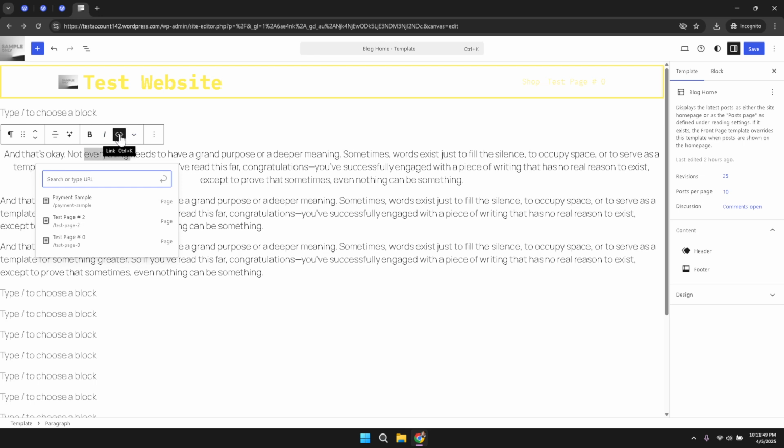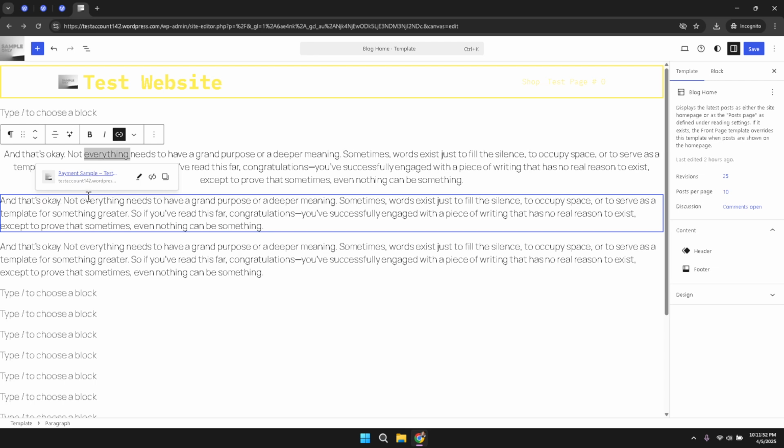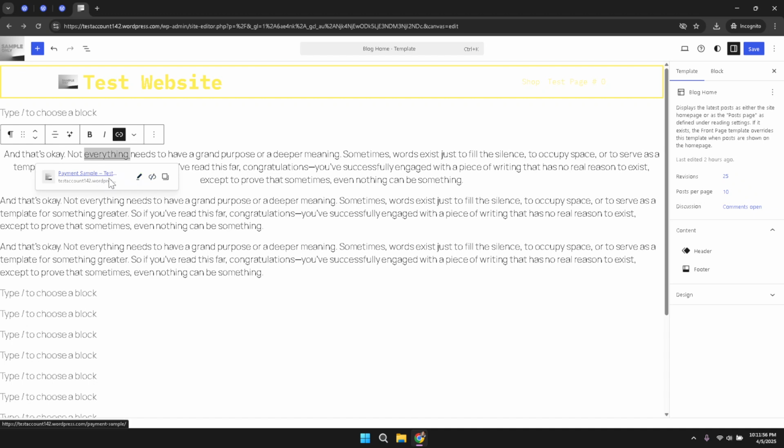Once the hyperlink tool is active, you will have the opportunity to enter the specific link. Carefully type in the URL of the page you want your text to direct to. It is important at this stage to input the address exactly as it should appear when visited. Accuracy is key, as even small errors in the URL can lead visitors to an unintended location or produce a